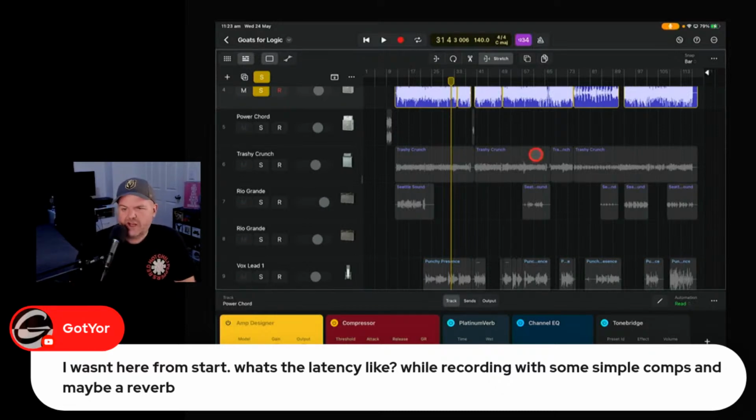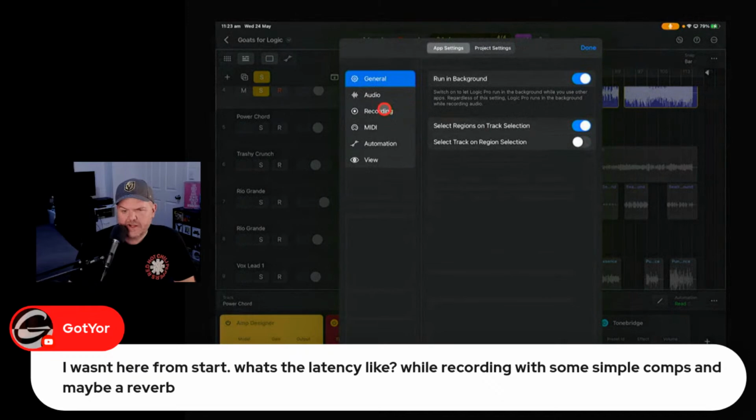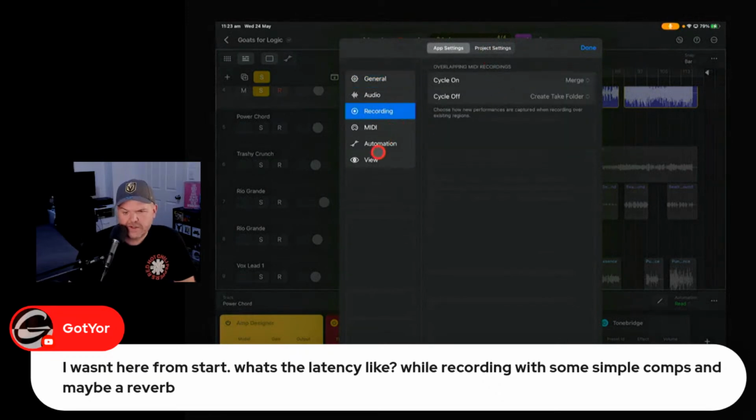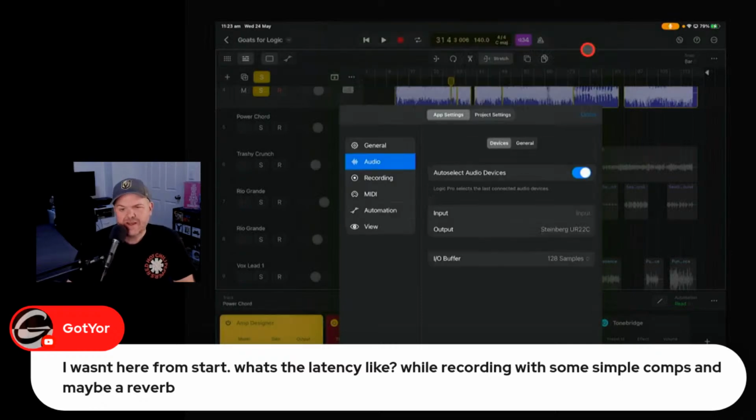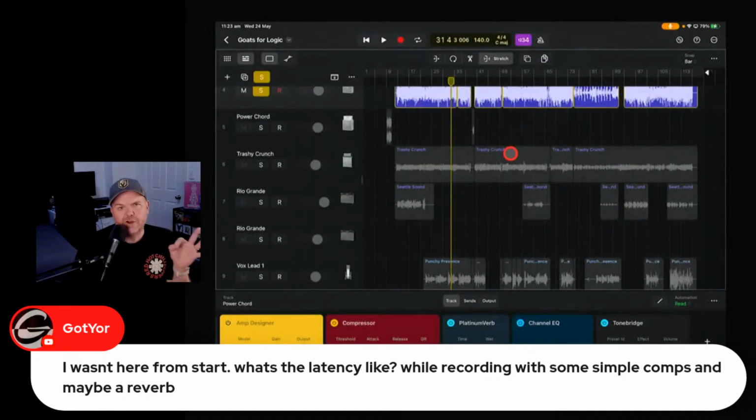There are some buffer settings in the settings, which gives me great comfort, because that's the one thing that GarageBand doesn't have. It doesn't have any buffer, which I believe is in audio here, I/O buffer. Yep. So you've got a buffer between 64 and 512. If you're not familiar with buffer, what that means is if you turn the buffer down, you're going to get lower latency. If you turn it up, you'll get higher latency. So if you're getting latency, which means the delay between when you play and when you hear what you're playing or singing, then you can turn the buffer down. And then when you go to mix, turn your buffer up, because it doesn't really matter if it doesn't play instantly as soon as you hit play. So hopefully that helped folks out.